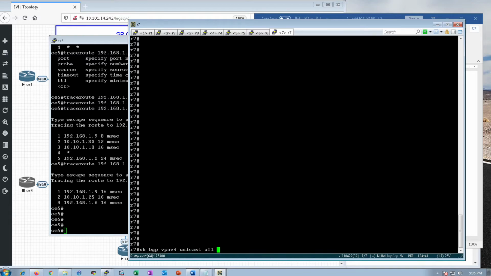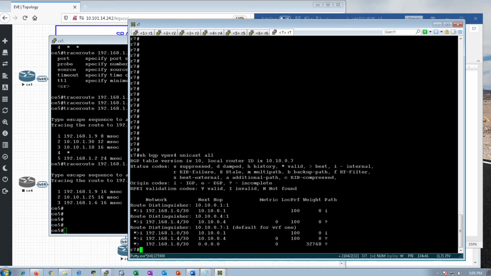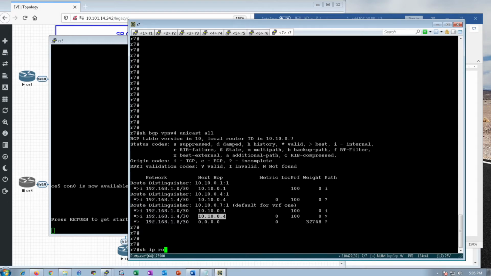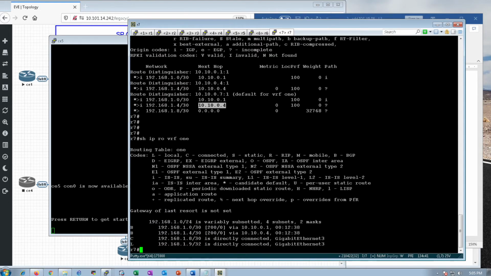On router 7, if we look at show BGP VPNv4 unicast, we see that we're receiving the 1.0/30 subnet from that next hop, that protocol next hop across the provider core, 10.10.0.1. We're receiving 1.4 from router 4's loopback. And if we look in the RIB, show ip route vrf 1, we see that we have that same information, 1.0/30, 1.4/30 via those